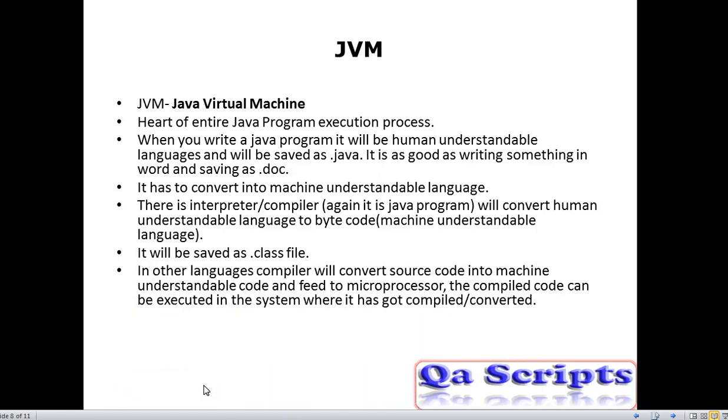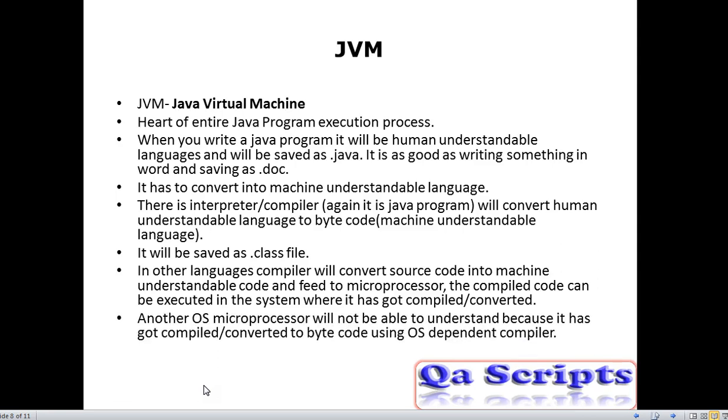In other languages, the compiler will convert source code into machine understandable code and feed it to the microprocessor. The compiled code can be executed in the system where it has been compiled or converted.